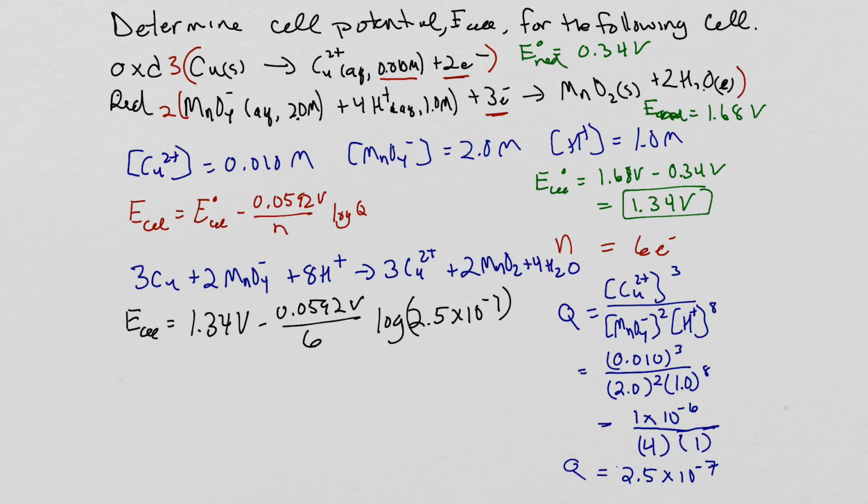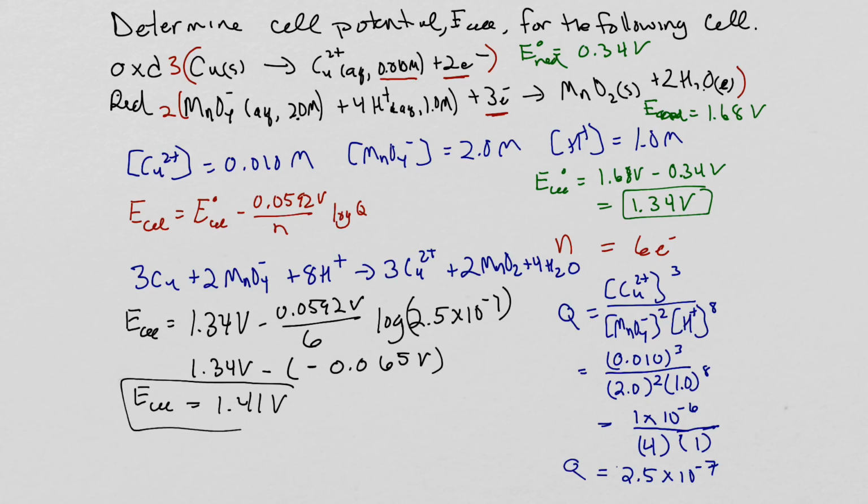If I simplify this, I get 1.34 volts minus, if I do all of this out, a minus 0.065 volts. And so if I do the math, of course, 1.34 minus a minus will give me 1.41 volts